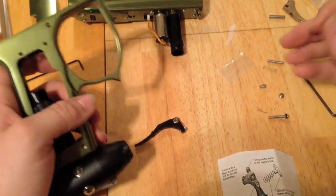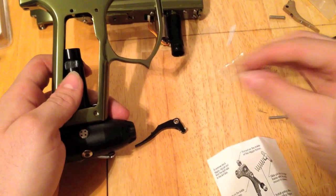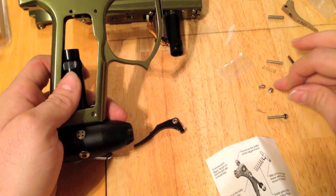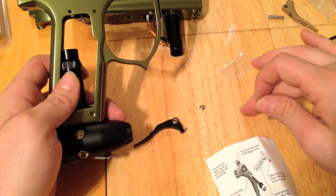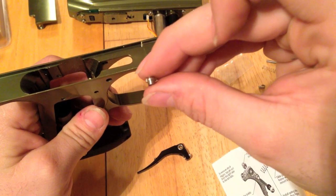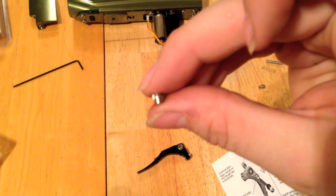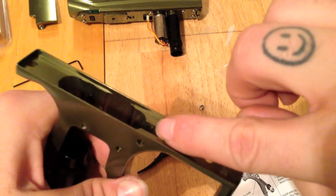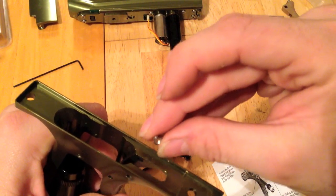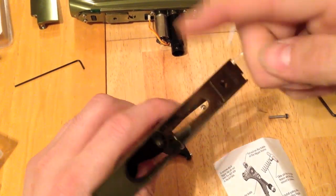Alright, my CP trigger, custom parts trigger, comes with a whole bunch of little parts. You've got one that's a threaded piece, a little spacer, and then one that's just a hollow spacer, and that's what holds the trigger in. You can see that, that's got to go into where you knocked the dowel pin out, and that's where the tricky part comes in. But once you get it in there, it should be pretty self-explanatory, pretty simple. Put the threaded end on the left side